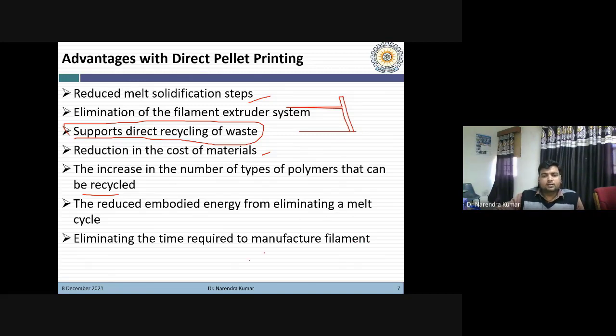That takes a lot of time to manufacture filament. So in this case, we do not use the filament form of material, so we can eliminate this time required to manufacture filament.